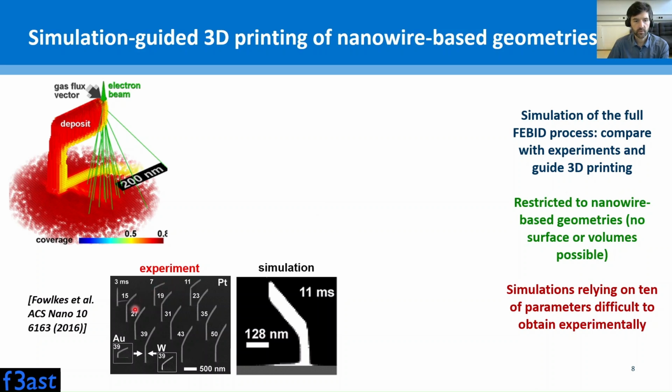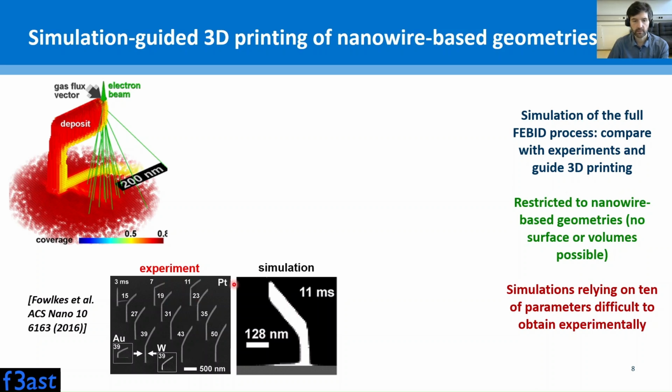So in experiments, what you do is you grow vertical pillars followed by segments, and these segments have given angles with respect to the vertical direction, which depend on the dwell time, for how long the beam has been scanned at each point, and then it moves to the neighboring point with a given overlap, typically between 1 and 3 nanometers. So by plugging in the simulation all the parameters necessary to describe a Febit process, it is then possible